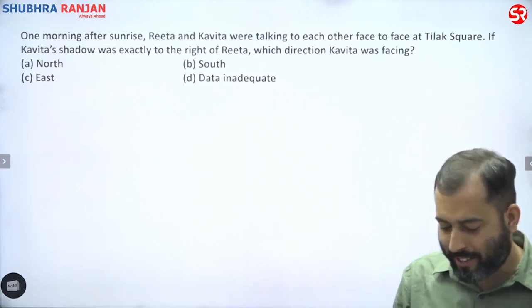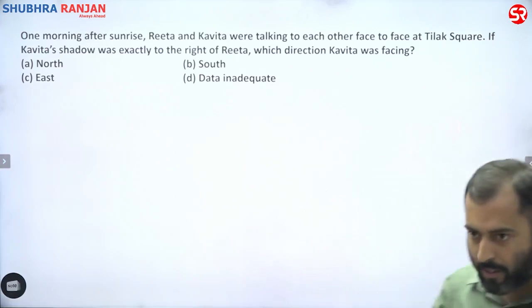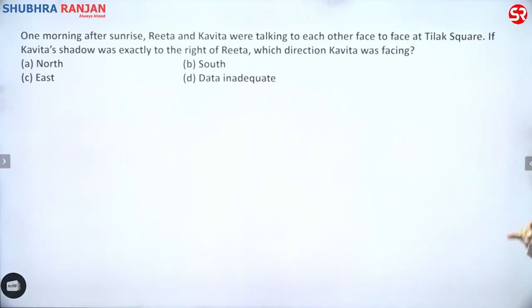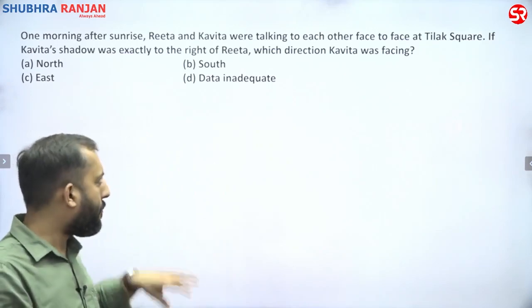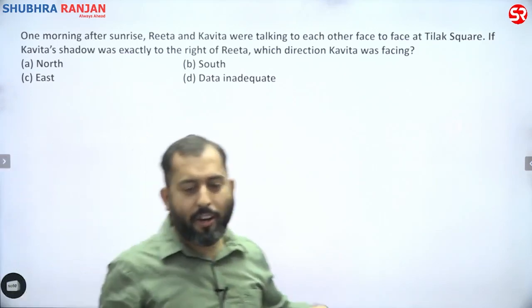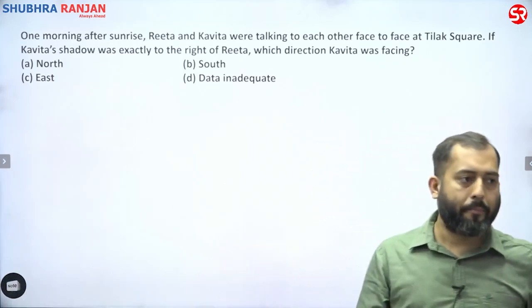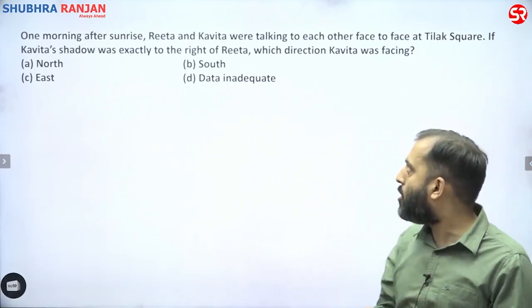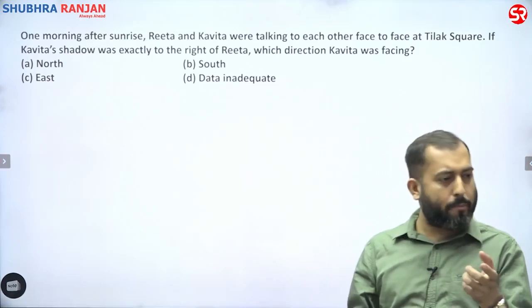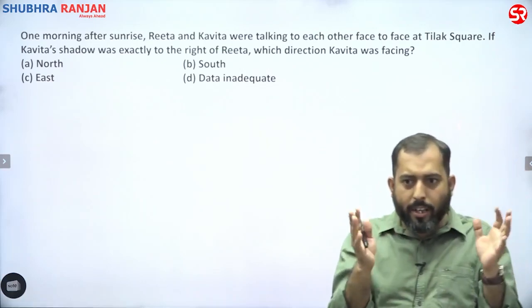It might be possible that the answer is wrong. For solving this question, see, north. Yes, north is the right answer. Now, my request to all of you is, if there is a question on shadow, then solve that question using the given options only, rather than solving it manually, use the options.